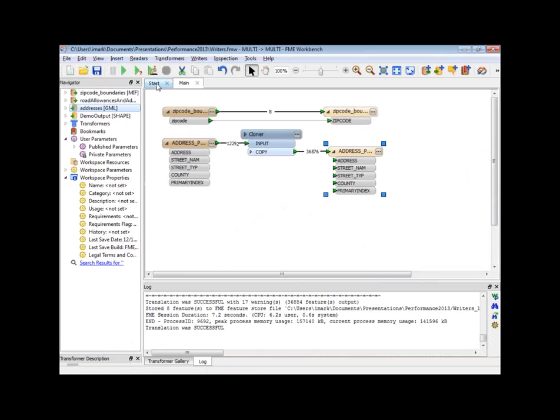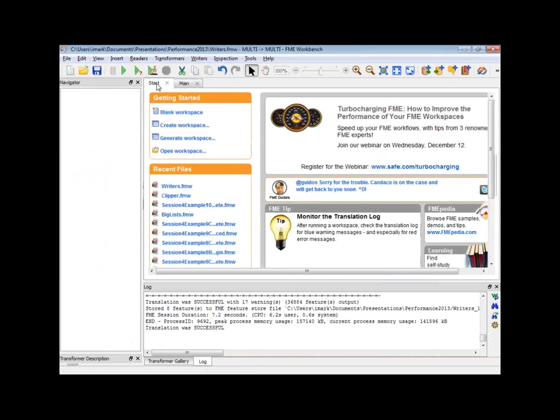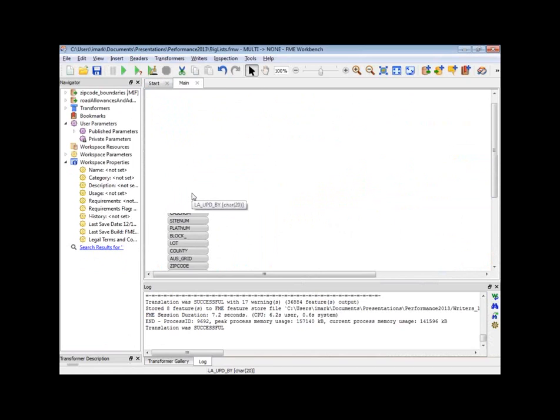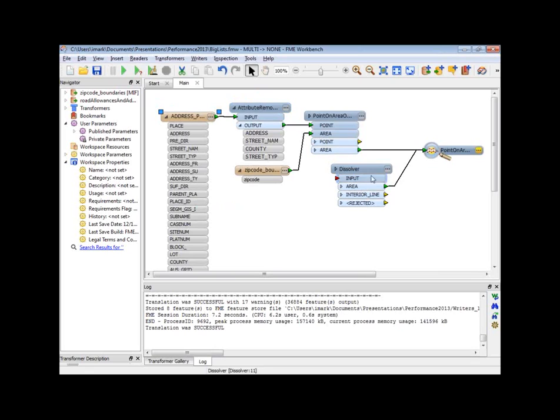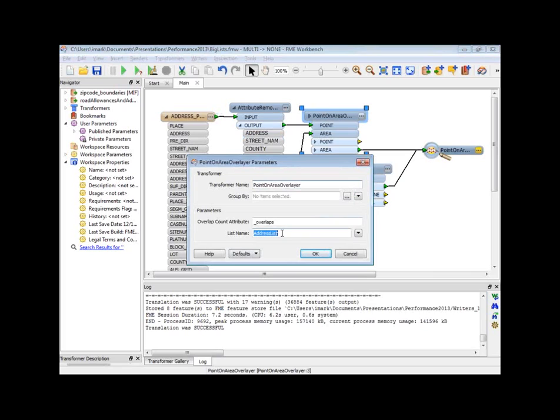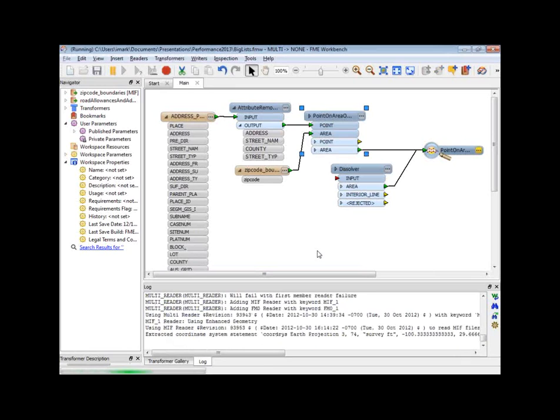An example here. Basically, I've got this address data. It's got a whole bunch of attributes on there, and I'm using the attribute remover transformer to get rid of many of those that I don't need. And by removing them, I'm reducing the amount of memory used in this workspace and making it more resource friendly. And in the point and area overlay, I just wanted to show that I've got a list in there. I've called it address list. Well, maybe I didn't know what the list name does and I just type something in for the sake of it. That would be a bad idea, because now what I'm going to get when I run this translation is